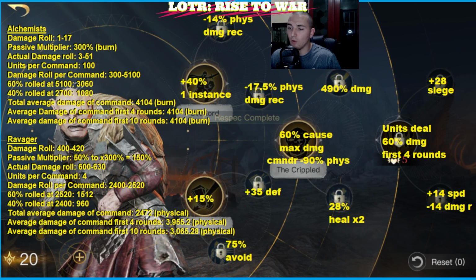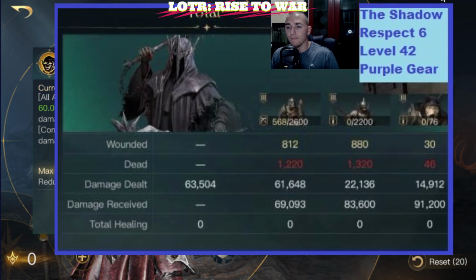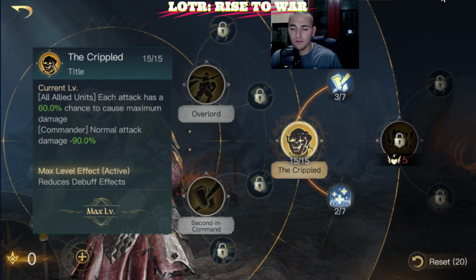Which is going to bring me to the point I brought up before, where you can drop the Respect Level 3, the Crippled, and put points into Overlord and really get that passive 40% per instance damage bonus, okay? Or get an additional 15% damage dealt through your second in command. So not having to put points into the crippled for the Ravagers will free up points for Overlord and second in command. Oh, that's the wrong